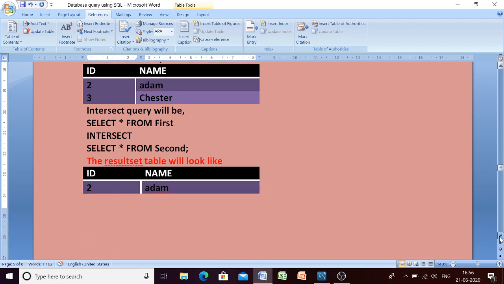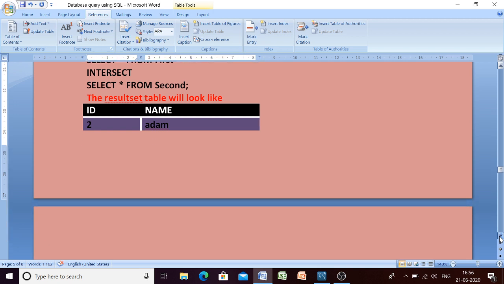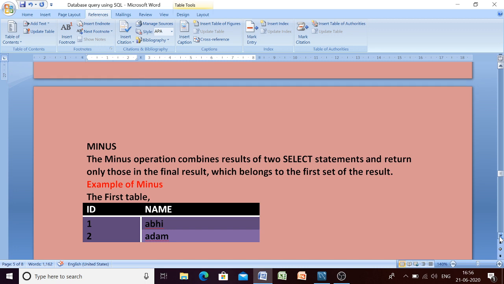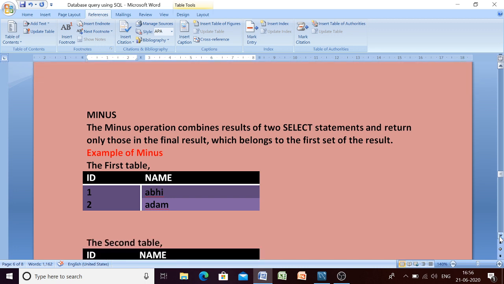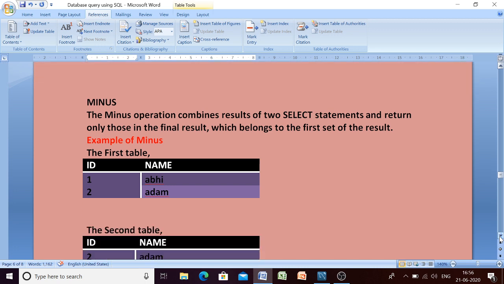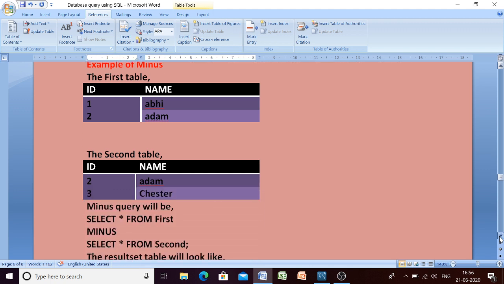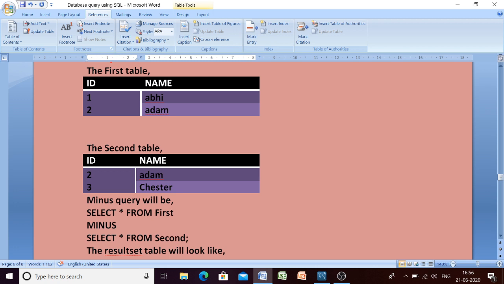Okay, now the next one is the minus set operation. Again it will combine the two select statements, but it will return only those records which belong to the first set of the result. For example, with the same tables we have here, when you write select star from first minus select star from second, what will we have?